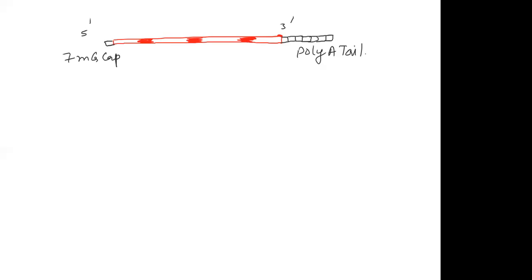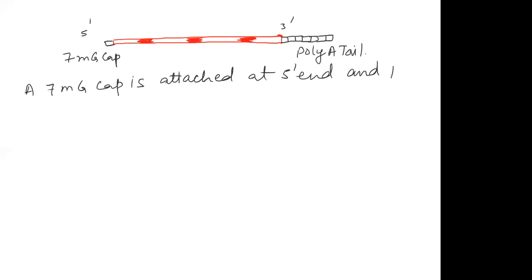तो क्यों हुआ ये कैपिंग एंड टेलिंग? क्या सिग्निफिकेंस था इसका? मैं लिख देती हूँ पहले. A 7 mg cap is attached at 5' end and a poly A tail